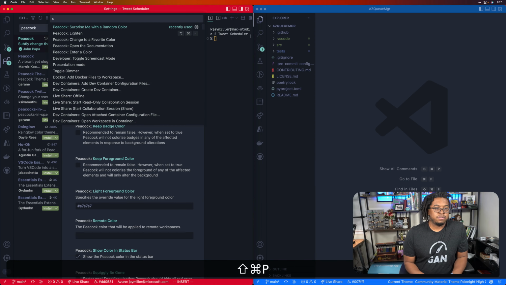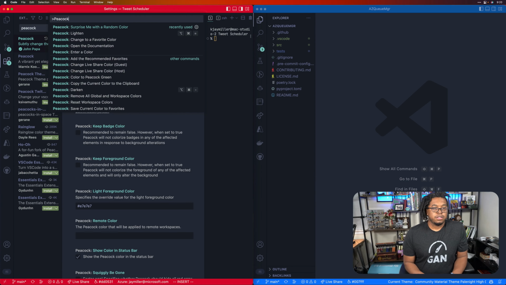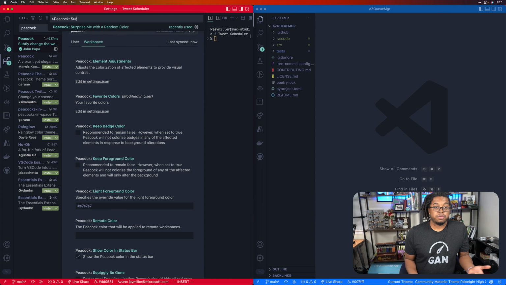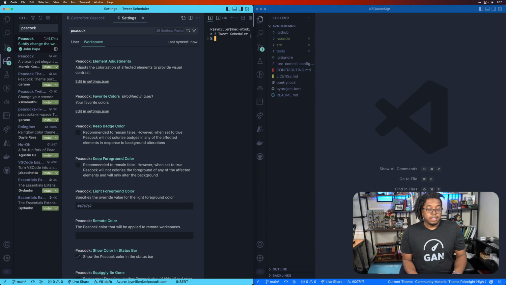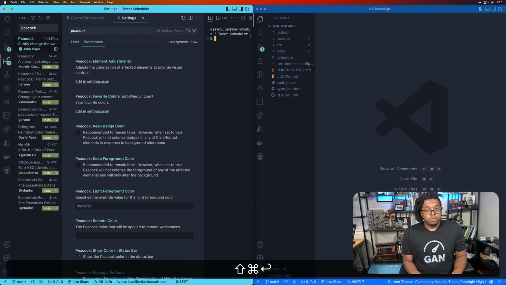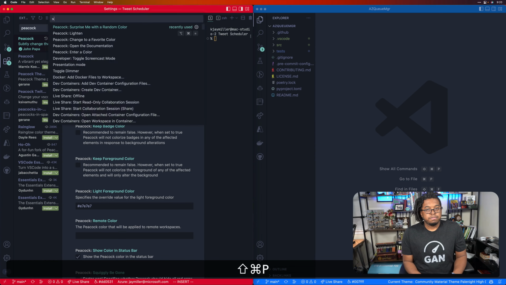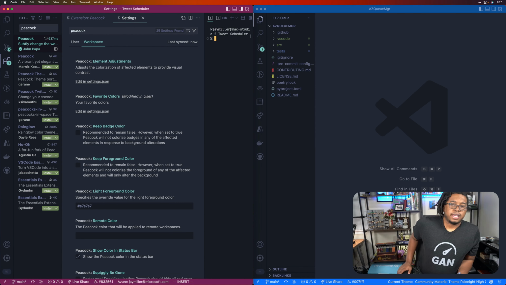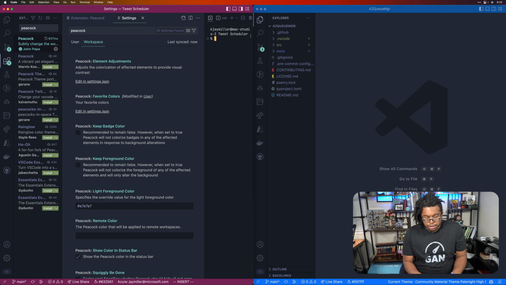And the way that I do that is if you go to Peacock and you do like Peacock: Surprise with a random color. I kind of like this color. Let's do one more. That's kind of cool. I like that dark purple color. Now,